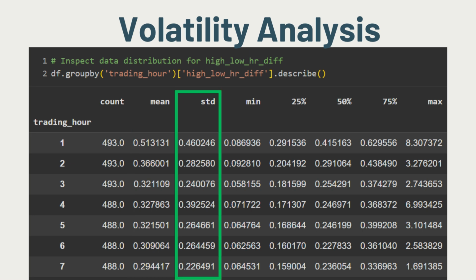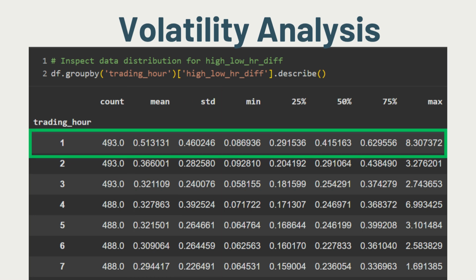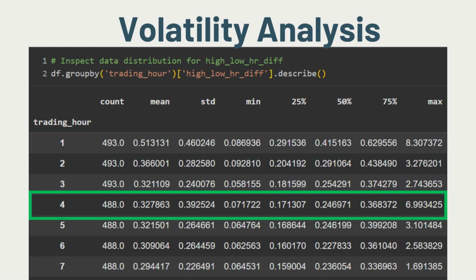Moving on to the next column, which is the standard deviation, we can see that the first hour has the greatest variability of volatility, with a wide range of high and low price differences from 0.087 at a minimum to a maximum of 8.31. This is further confirmation that the first trading hour is the most volatile. The second highest variability of volatility would be the fourth hour, with a minimum of 0.07 and a maximum of